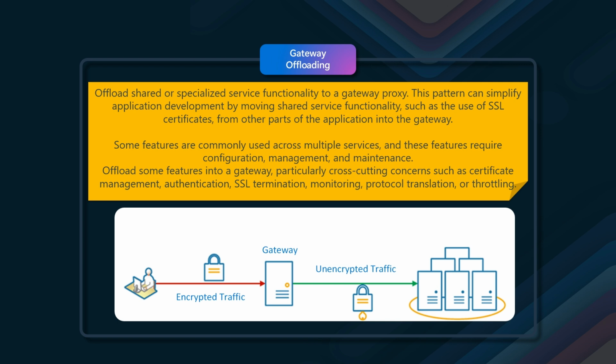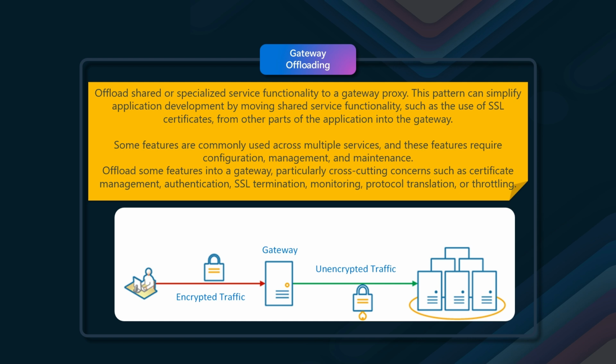So, offload shared or specialized service functionality to a gateway proxy. This pattern, gateway offloading, simplifies application development by moving shared service functionality, such as the use of SSL certificates, from parts of the application onto the gateway. So offload some features onto the gateway, particularly cross-cutting concerns such as certificate management, authentication, SSL termination, monitoring, protocol translation,